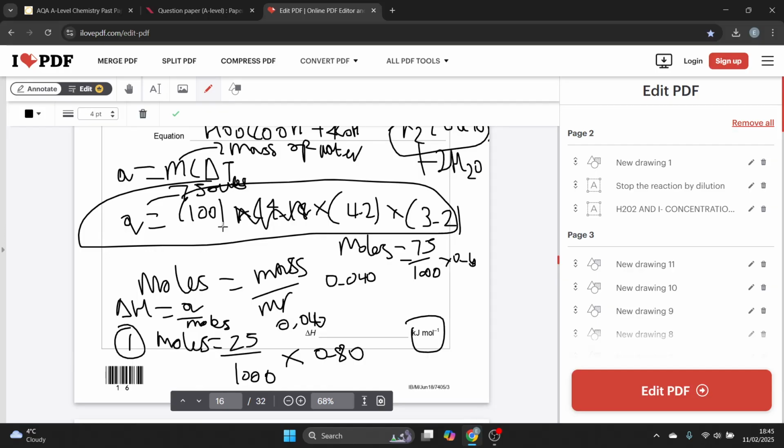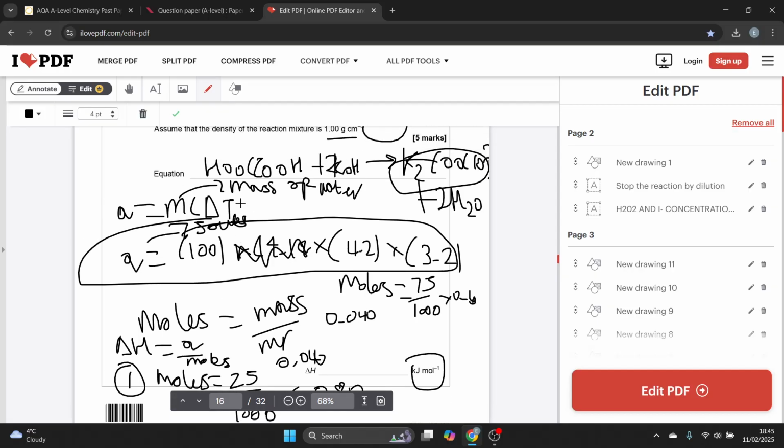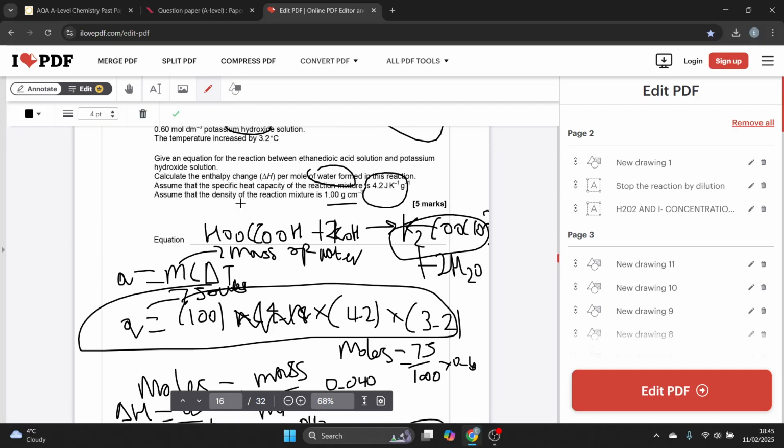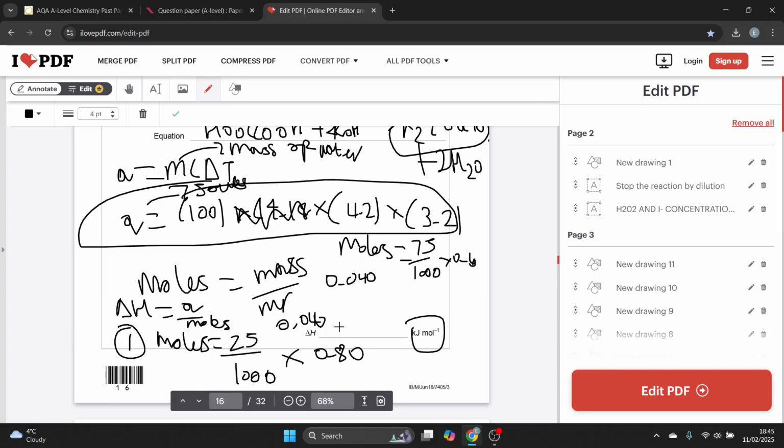So 100 times by 4.2, times by 3.2. Then I divide by 1000, and then divide my answer by 0.040, and I get 33.6. But I'm still not done yet,